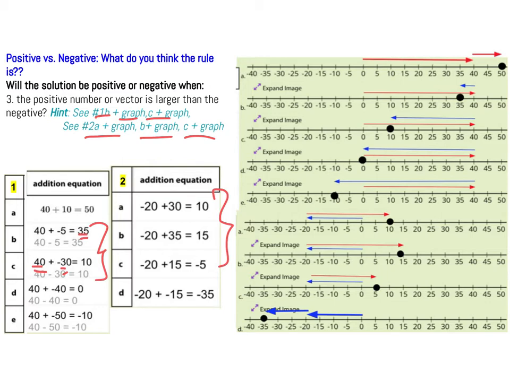If you look at ABC, you have a 20 and a 30. 30 is more than 20. And 30 happens to be positive, 20 happens to be negative. Look at that, we ended up with a positive answer. So far, whenever the positive number is larger than the negative number, we end up with a positive answer. And it seems like that pattern holds. That pattern seems to hold for part B as well. In part C, the negative number is bigger, and then we ended up with a negative answer, so that was the only one that was different. But let's look at the graphs. For B and C over here,